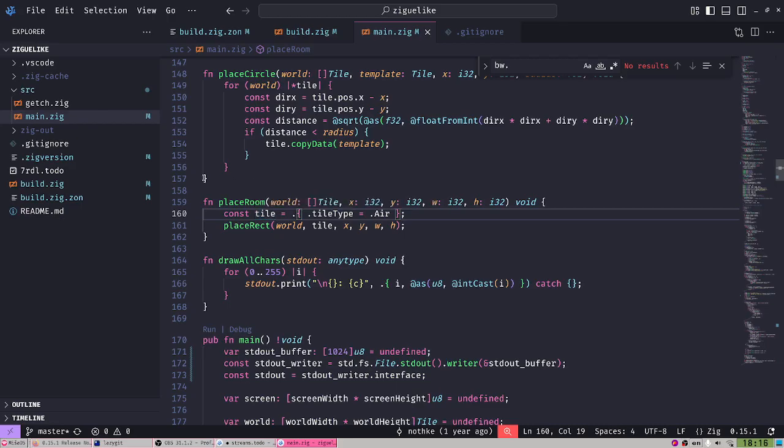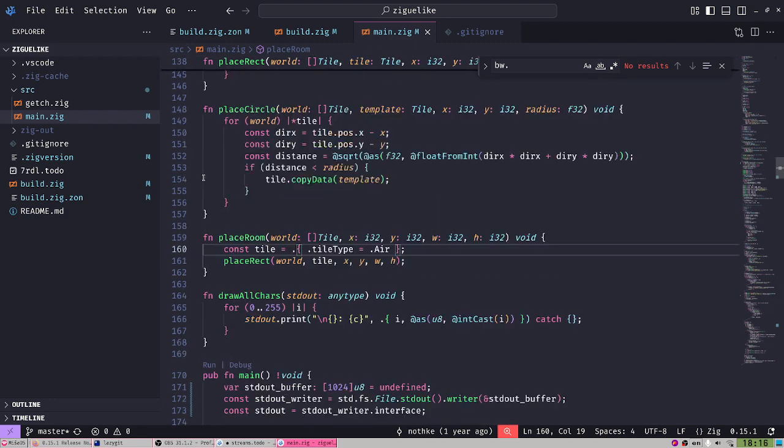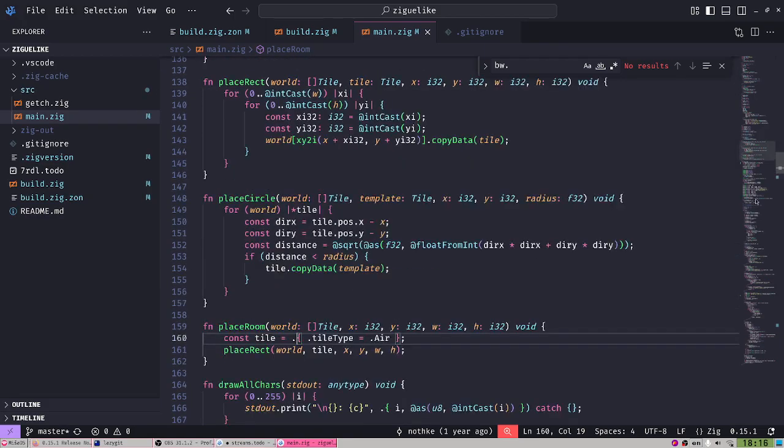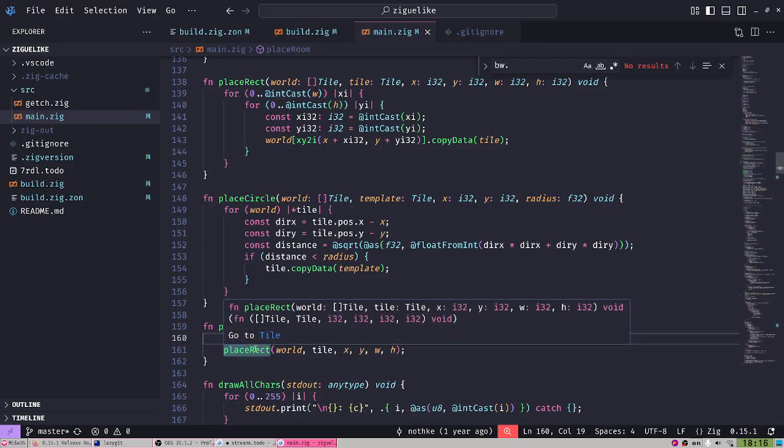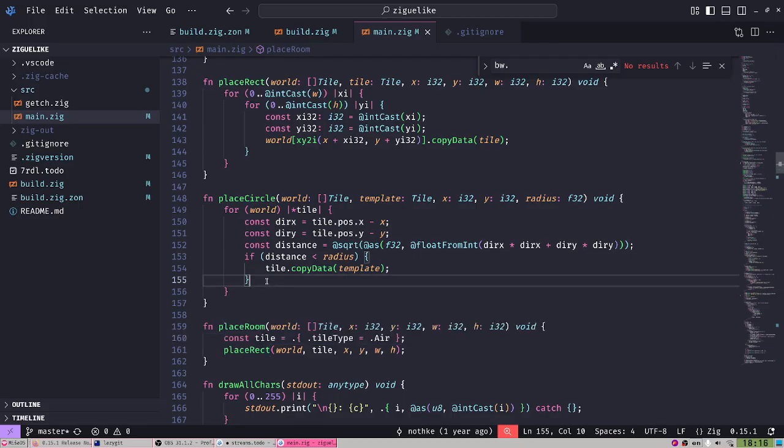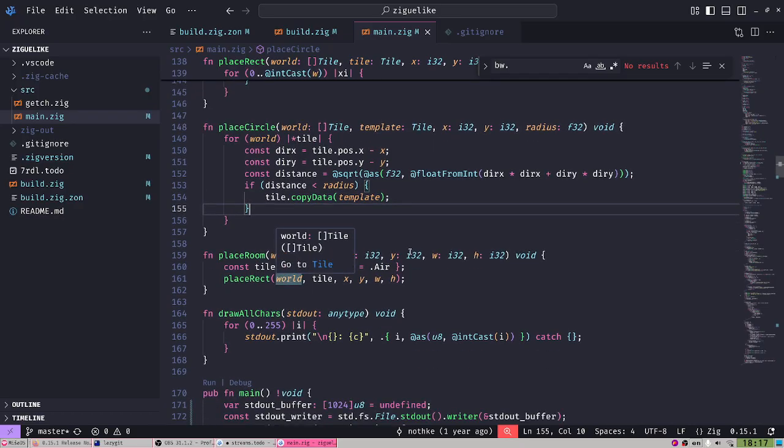It does say it's an unknown type, tile type air. Okay, maybe the problem is that this kind of stuff doesn't work anymore. I probably have place rect takes a tile. Right, so tile in itself has a tile type. Interesting that this actually worked in 0.13.